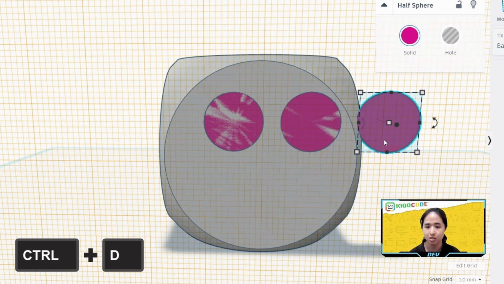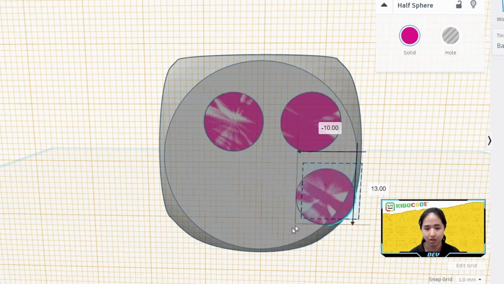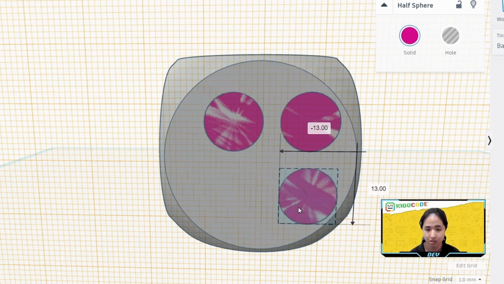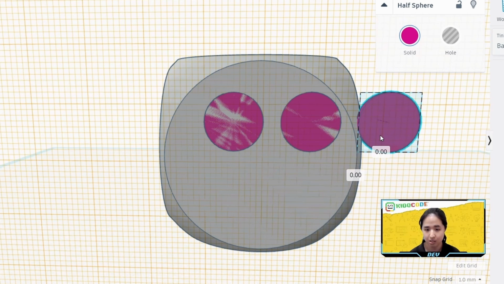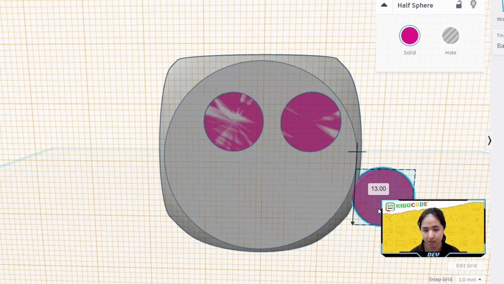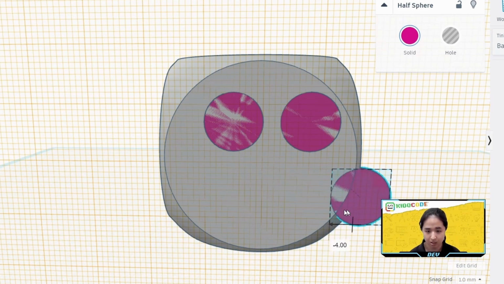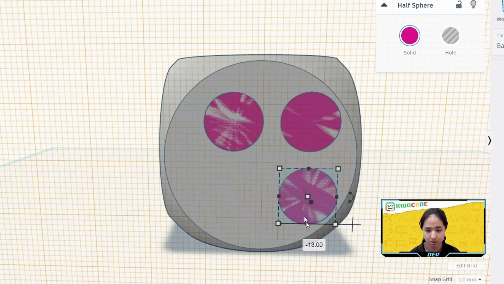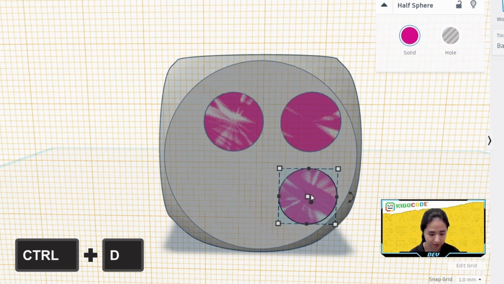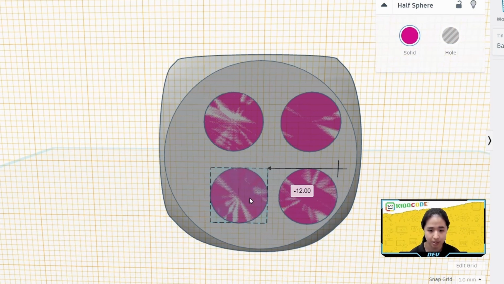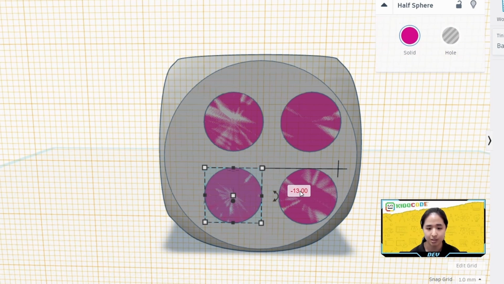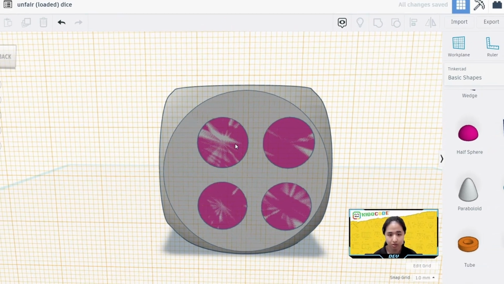Duplicate, Control D, okay? And then this one, we are going to move it downwards actually. So this one, move it downwards 13 millimeters also. Okay, and this one I'm going to move it inwards, negative 13. Okay, and then after that, duplicate this one and move it to the left, negative 13 also. So over here,